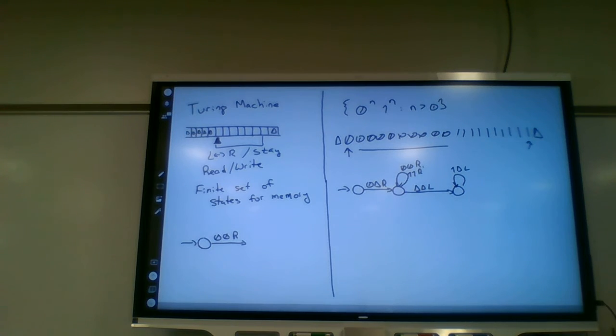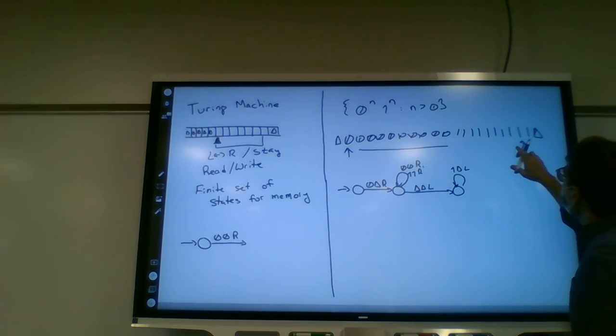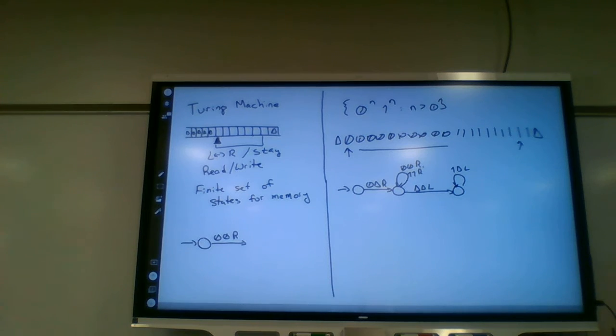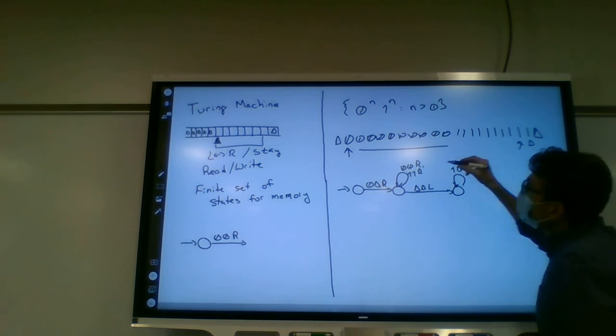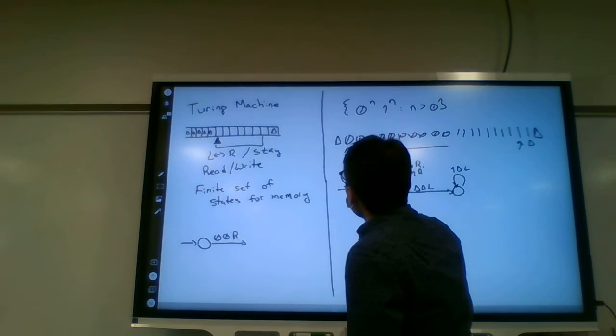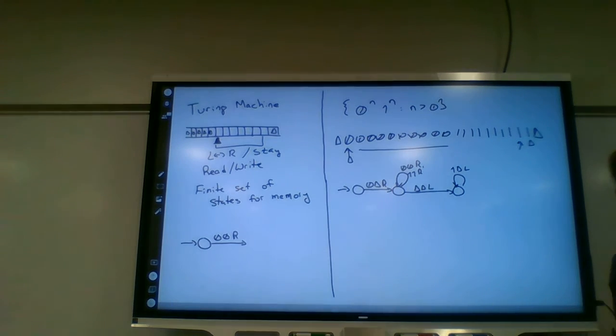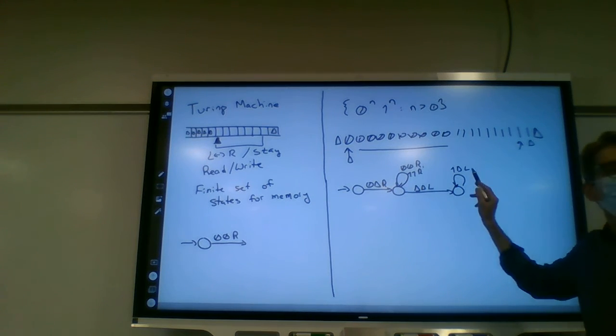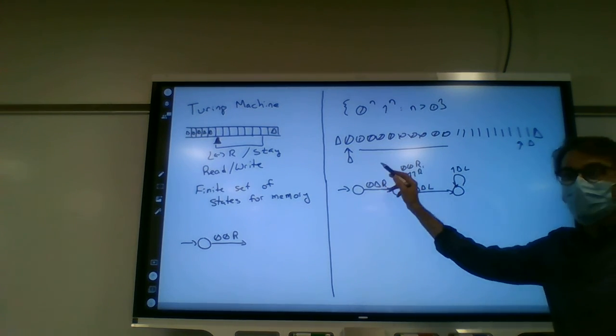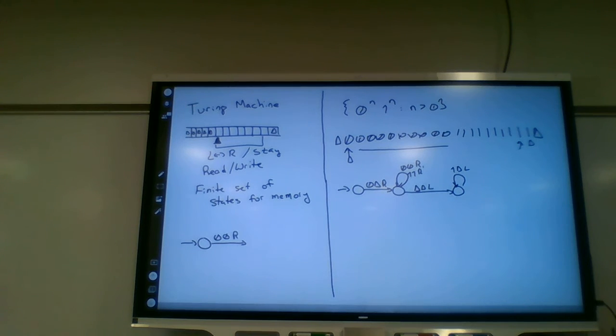Yep. Okay, and at this point, we're sitting right here. This is now a delta. This is a delta on this end. And we can decide, do we go all the way back to the beginning, or do we now alternate and start moving? But this is the setup of how the Turing machine might look in diagram form. Okay, so let's say we decide to turn this into the delta and work back.